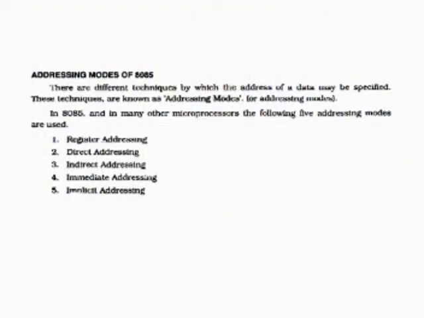Next, the other important concept you have to learn about the microprocessor 8085 is the addressing modes. In the next figure you can see there are 5 addressing modes available in 8085. The addressing modes are different for different microprocessors. Now we are concerned only with the addressing modes of 8085. The first addressing mode is the register addressing mode. Addressing mode means how data is handled, how we specify the data.